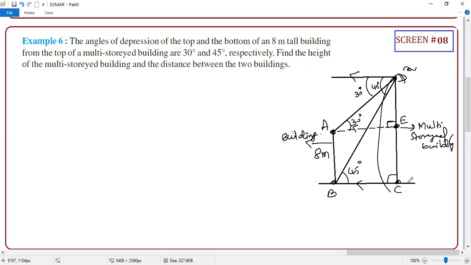This is 45. Agree with me or not? This triangle is 45. If this triangle is 45, what is this opposite side? Guys, don't worry about E. When you consider the big triangle, this opposite side CD should be equal to the adjacent side BC. But do you know either one of the sides? No. But I know this is 8, which means this is also 8. And if I put this as X, now the entire height is 8 plus X. So can anyone tell me what is the length of BC?